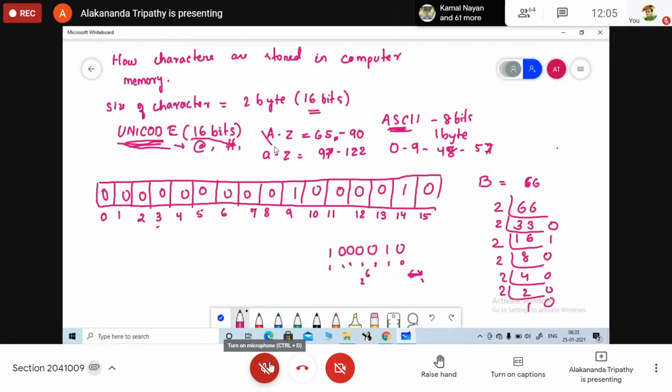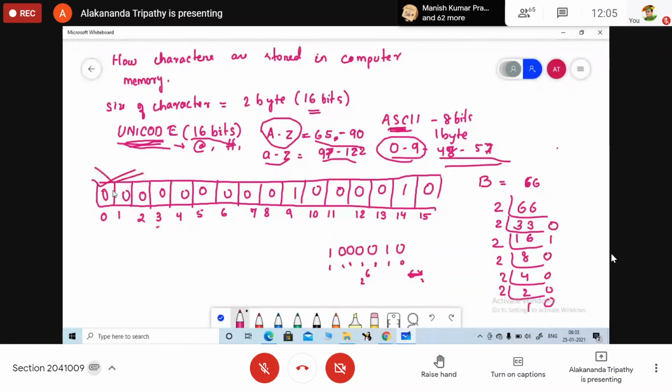Now, the range of A to Z in Unicode is from 65 to 90. Small a to z is from 97 to 122. And for the numbers, it is from 48 to 57. This shows the character representation, all the 16-bit representation, from 0 to 15, of the character in the computer memory.